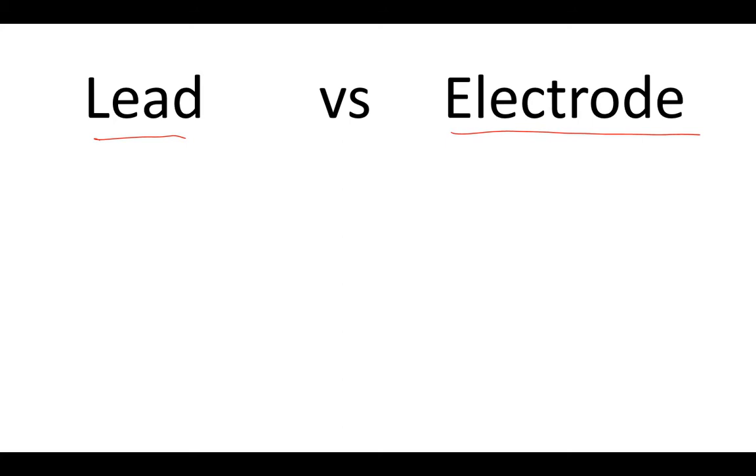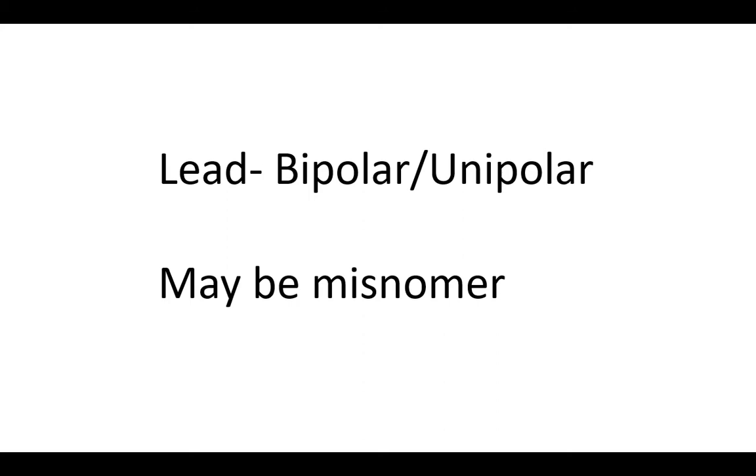In all electrophysiological investigations we use lead and electrode, and ECG is one of the very important and basic electrophysiological investigations. Now in ECG we will learn some bipolar leads and some unipolar leads. Traditionally we call these leads bipolar or unipolar, but do you think a lead can be unipolar? Because I have already told you that a lead is a pair of electrodes. That means a lead must have two electrodes, that means a lead has two poles.